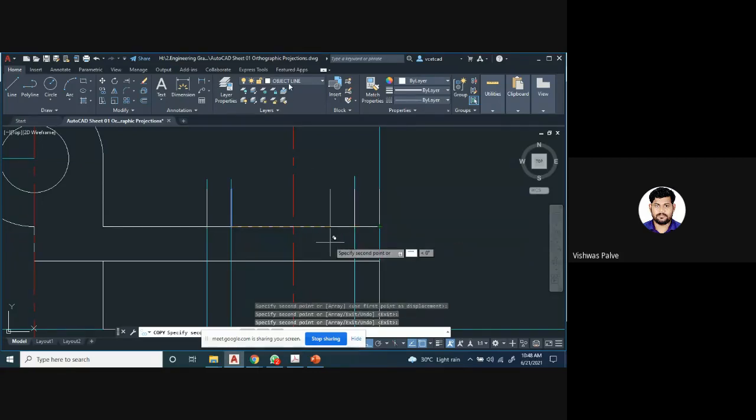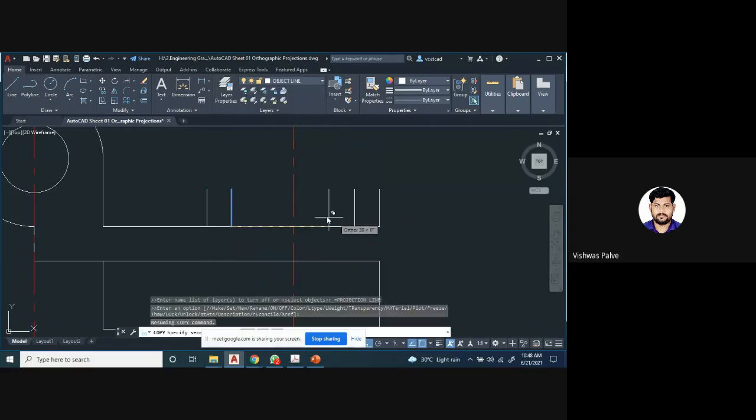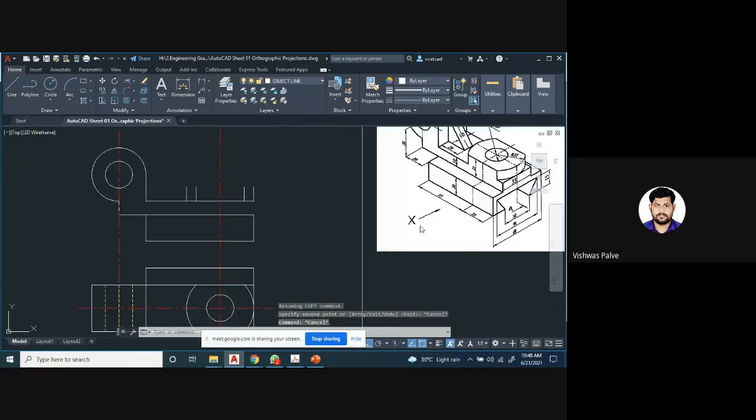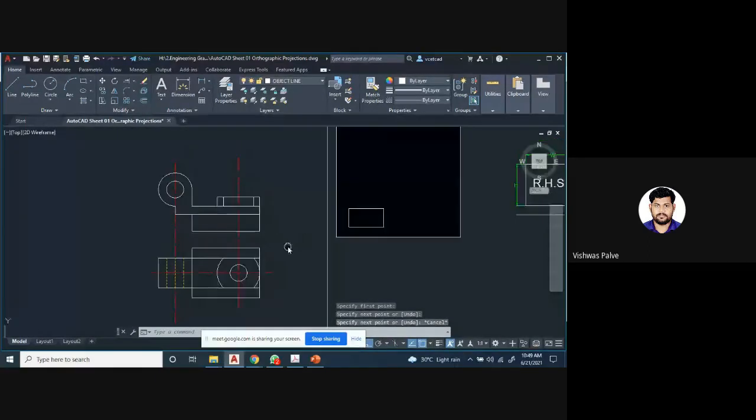And suppose if you are getting a confusion regarding the lines, you can just switch off the projection lines. Switch off the projection lines. So now you can see that only this much portion is visible. Draw the line from here to here. You can easily draw the line. This also line will be completely drawn. Here also you will get a straight line. Wherever it is not visible, you can draw.